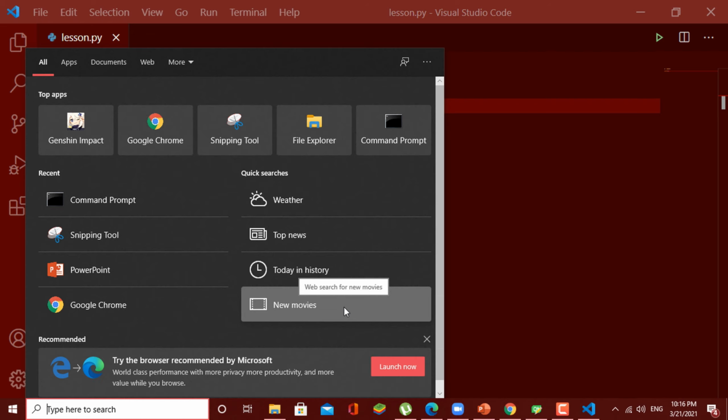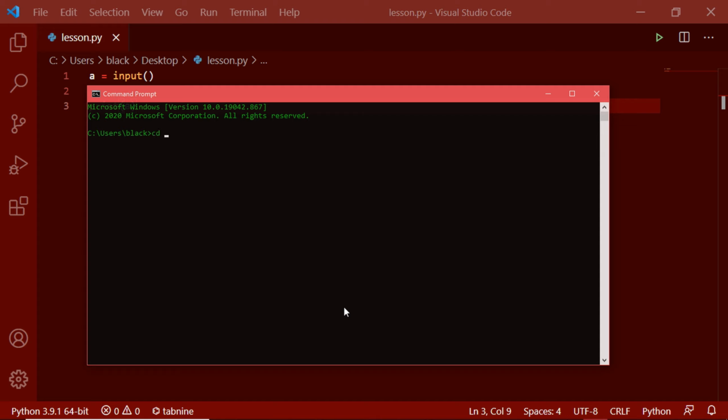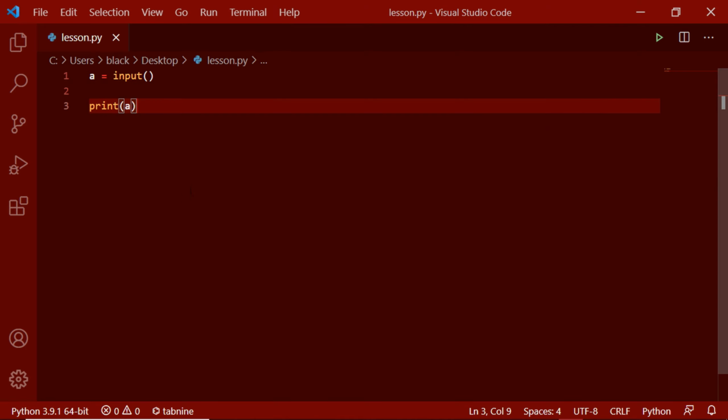Now run this Python script. Go to the command prompt and navigate to your Python file. Then run it. And after that, you can see the console is waiting for our input. That's why it is blinking. Now let's say we give an input like this: welcome Python, and it will display the same thing. That means whatever the user inputs is mapped into this a, and that a value is printed out.